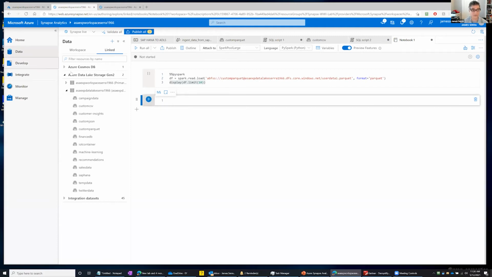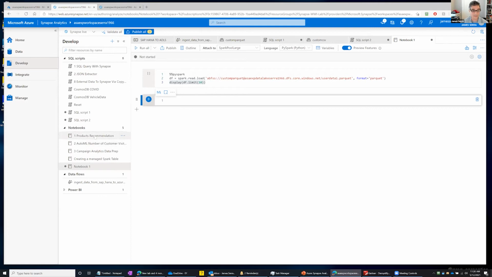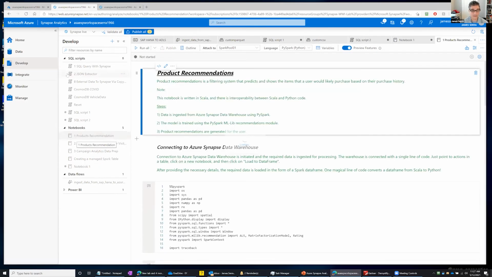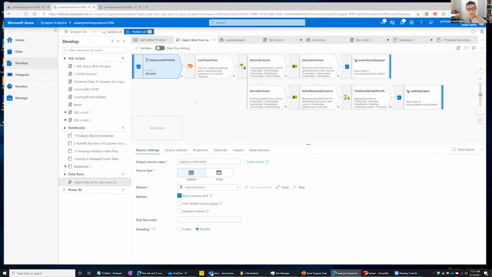As an example, if I go into develop, you'll see I have notebooks here. And I also have SQL scripts that I've saved. And then I have those data flows that I showed you before, all under this develop tab. And I could save all this into Git, DevOps Git or GitHub. And that's where we have this option here where I can set up a code repository and have branches out there. So everything I'm doing within this workspace can be saved into a branch and then merged later on. So we're integrating Microsoft's integrated data ops into Synapse.